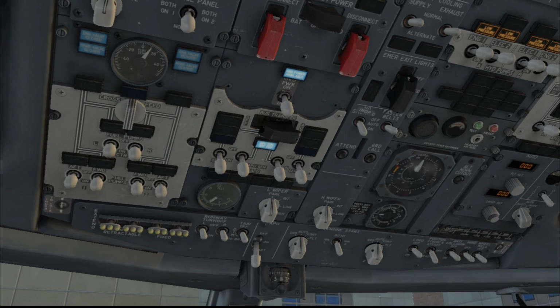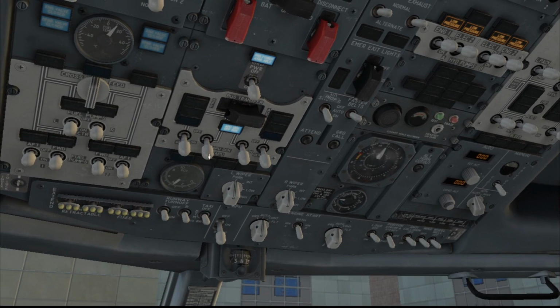Now as we can see, we have lights, so we are releasing the button, and then we are turning on the APU generators, and then we'll turn the ground power to off,